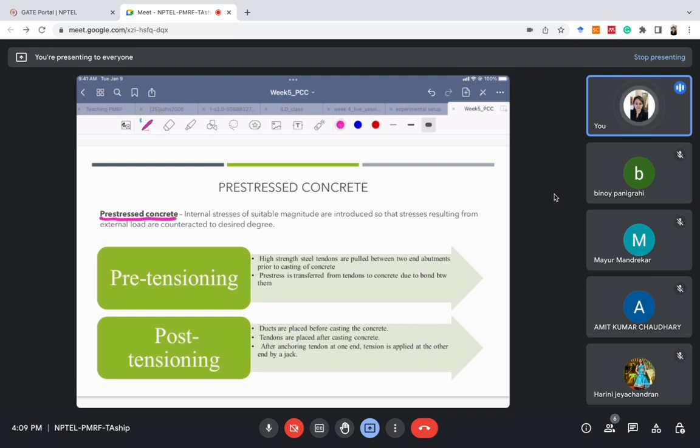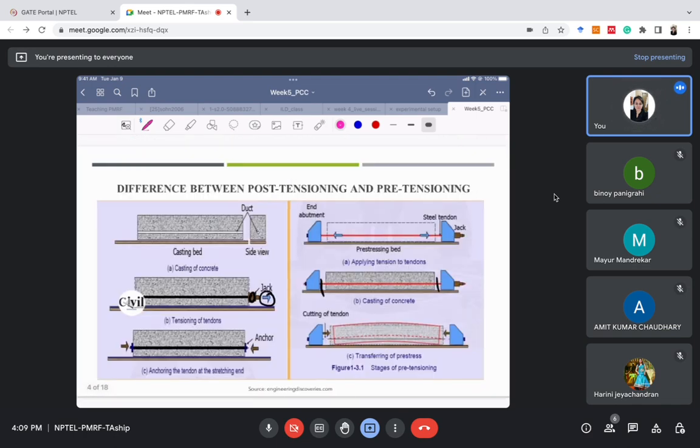So now there are two methods by which we can introduce the pre-stress, or the compressive stress, on the bottom part of the beam. One method is pre-tensioning, and the other method is post-tensioning. So let's quickly see what pre-tensioning and post-tensioning are. There are two methods of introducing the stresses. One is pre-tensioning. So what do we do in pre-tensioning? There's a